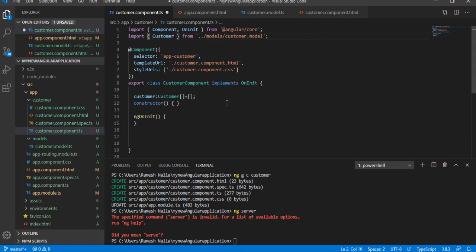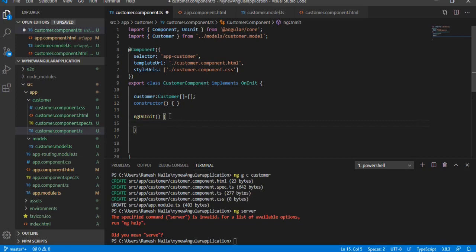What I'm doing is referencing that customer model. In ngOnInit, I am going to add a customer object.